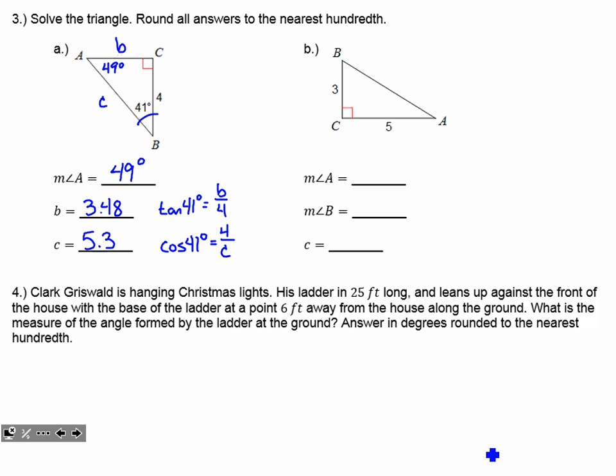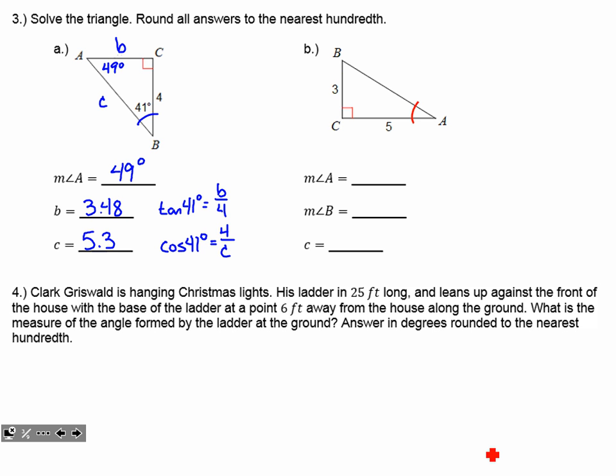Okay, and if we look at that, yes, it's pretty close to a 3, 4, 5. My hypotenuse is the longest side, so the answer makes logical sense. For letter B, here it's kind of guiding us with these blanks to find the angles first, and really as soon as we find one angle, we've got the whole thing pretty much handled here. So I need to remember that finding the angle means using the inverse. If they're asking for angle A first, I'm just going to go right in order.